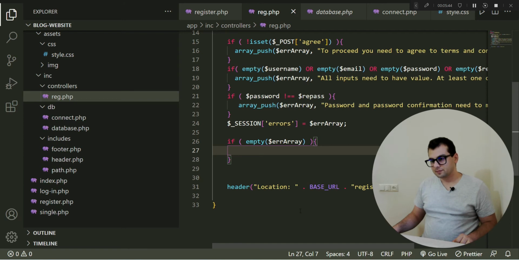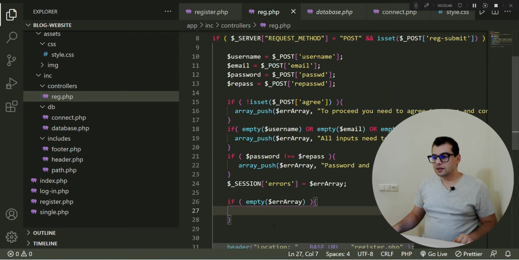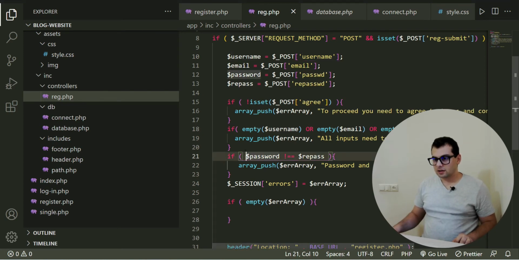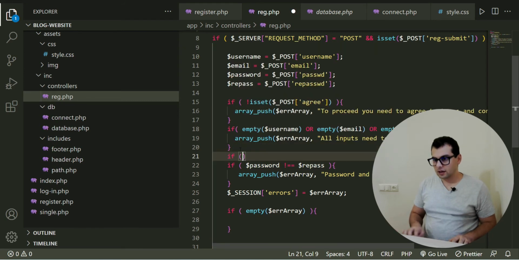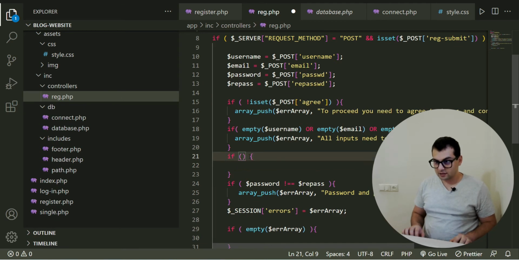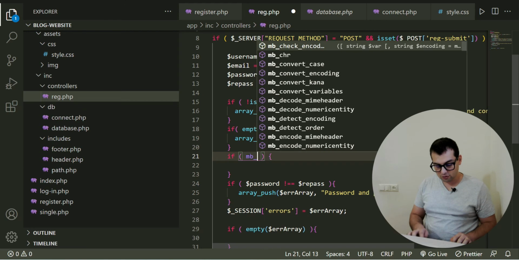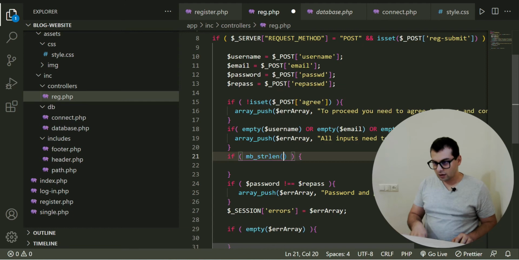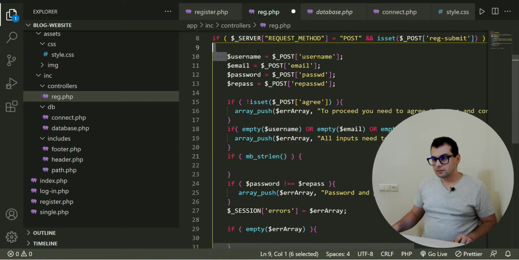But I think we can add one more layer of checks, which is gonna be the following. I think the username and password need to be at least 6 characters long. And to do this, I am gonna check it right upper of the password check. I'm gonna use if condition again. It's the function which is again native PHP function called mb_strlen. So mb_strlen of username